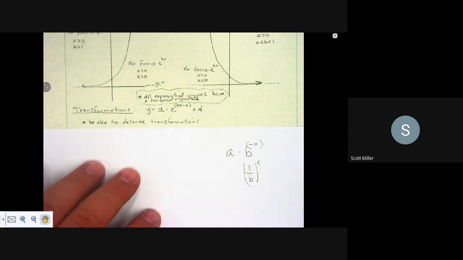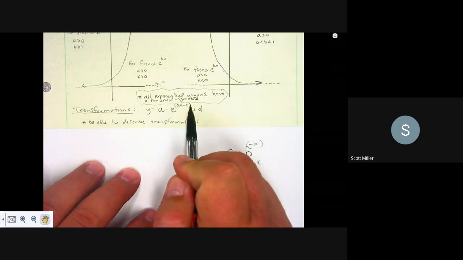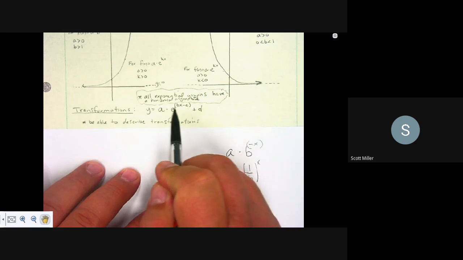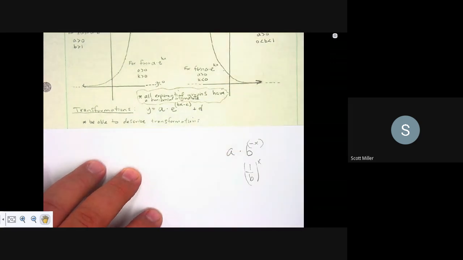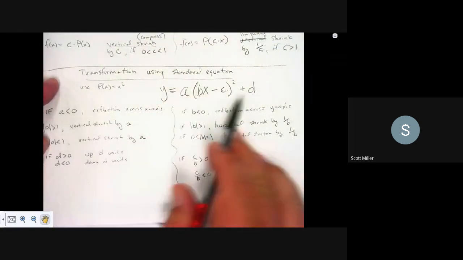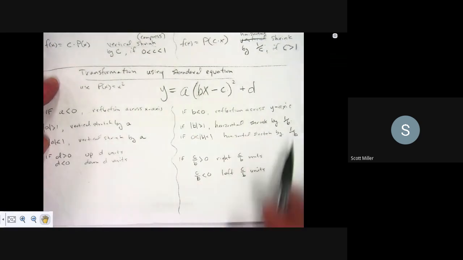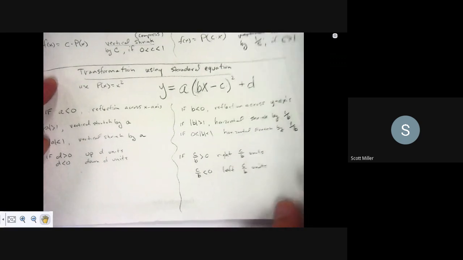But just like when we talked about transformations before, we have stuff in the parentheses and stuff outside the parentheses. So I use the same letters as we did the last time we did transformations, for memory purposes. The last time I showed it to you, we used the quadratic parent function: B, C, A, and D. And it does the same thing for the exponential as it did for this. So if you guys remember that from before,